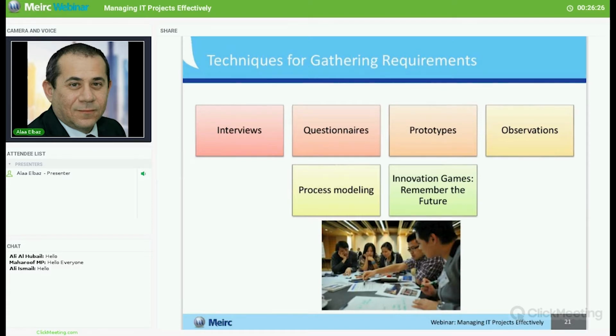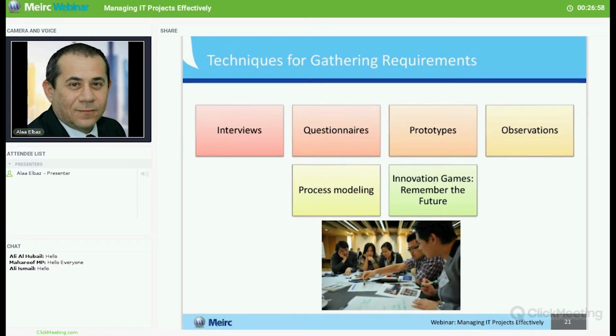Another way to do it is prototyping. Show the customer a prototype, a similar solution maybe, and collect his feedback, and accordingly you can adjust it. Another one, sometimes the customer is not sure what he's looking for, but he needs to improve in a certain area. So one of the things that we can do is look at the documentation of the current system. We observe the current system and processes, how it works, and from that we can suggest something to the customer